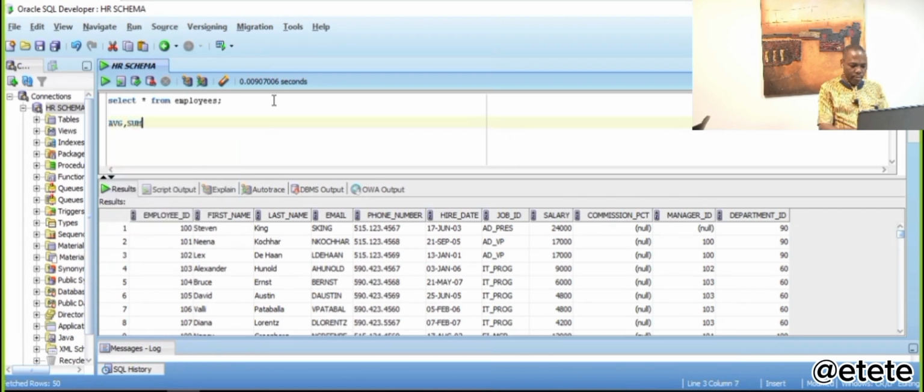We have sum. We have mean. We have max. These are functions that can work on numeric characters or numeric data type. So if I'm going to use them in any query, I can say select,